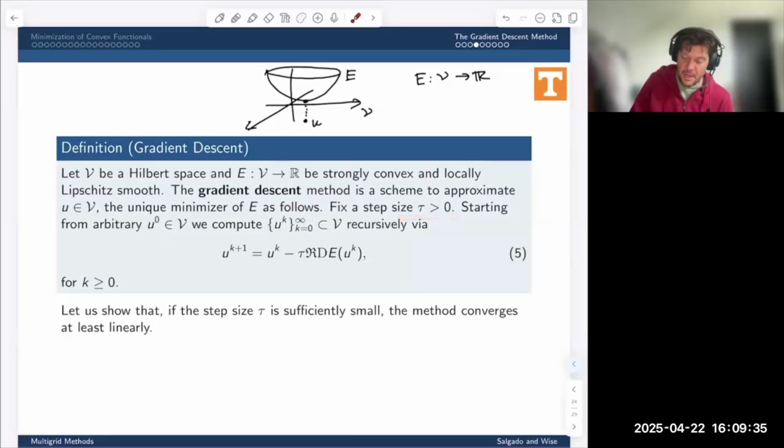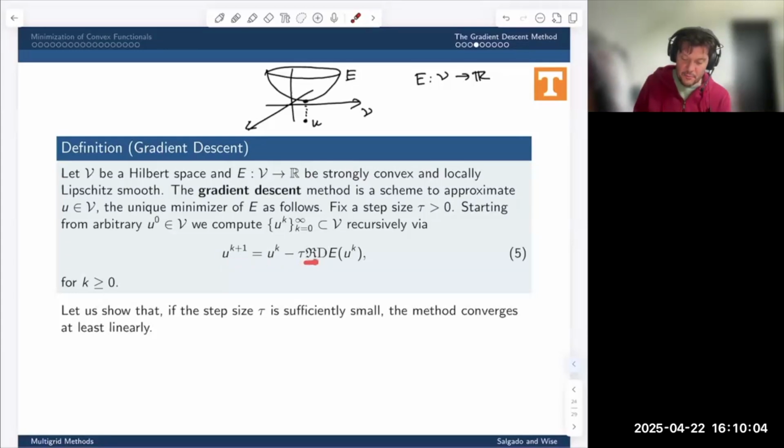Okay, tau is a positive number, and that's called the step size. And then you generate the next iterate from the current iterate by stepping along a certain direction, what's generally called the residual direction. And the amount that you step is going to be proportional to that step size that we choose. Okay, so the algorithm is precisely uk plus 1 is equal to uk minus tau